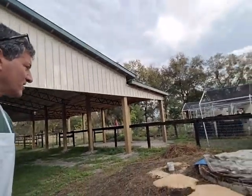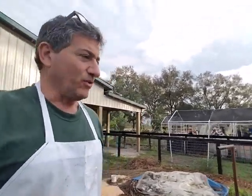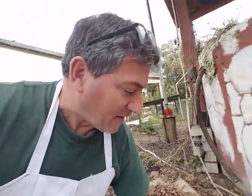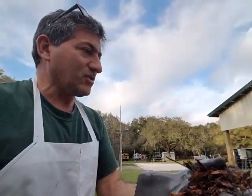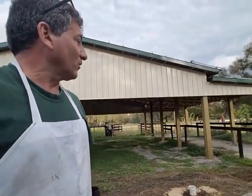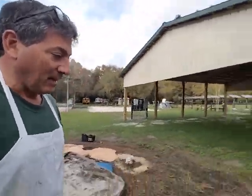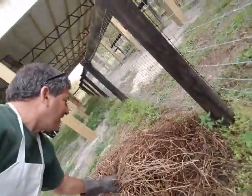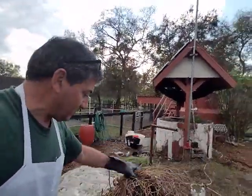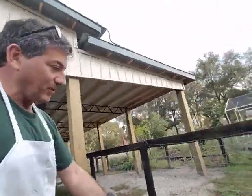Now, for this experiment, I can just leave it like that. Normally what we would do in a condition like this, we would cover it with some mulch, because people don't like the unsightly nature of it. So if you have mulch, you can certainly cover it in mulch or grass clippings, and then no one will ever see it. And in fact, just because there might be some people complaining about that, I'm going to gather all this brush here and use that to cover it up, and then no one will know. This is the big cover-up, as you can see, and no one will know, and that will add a little carbon to it,